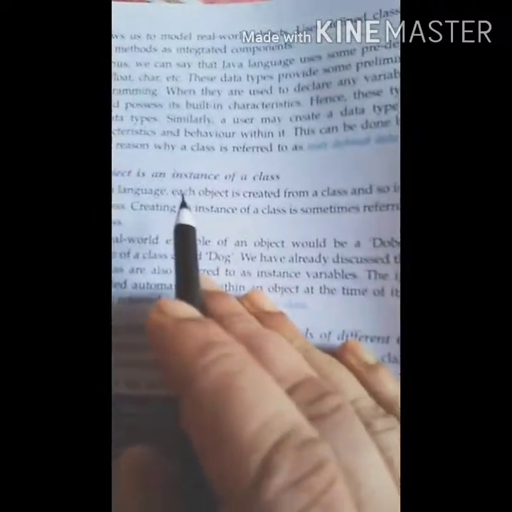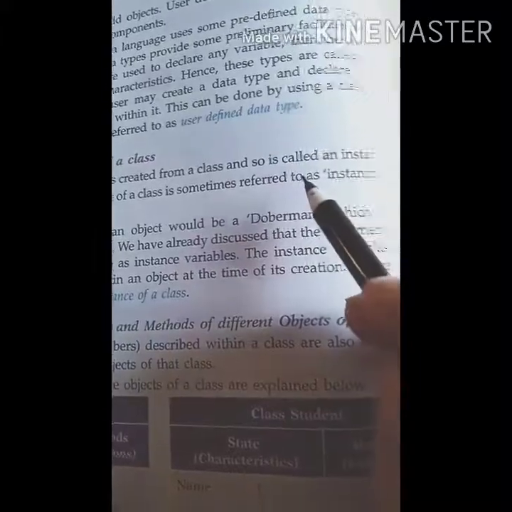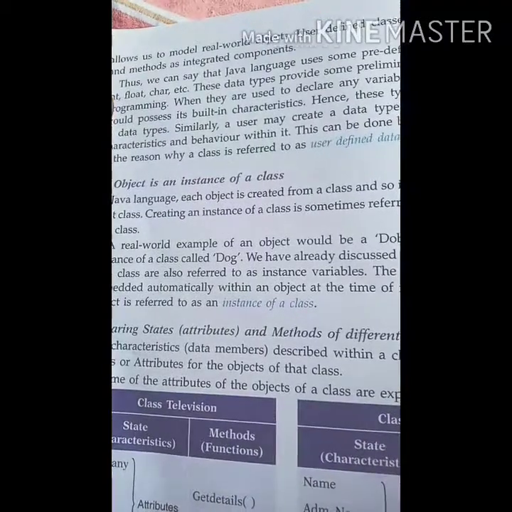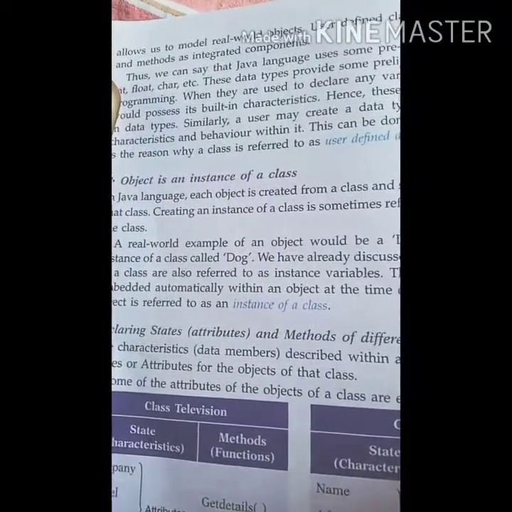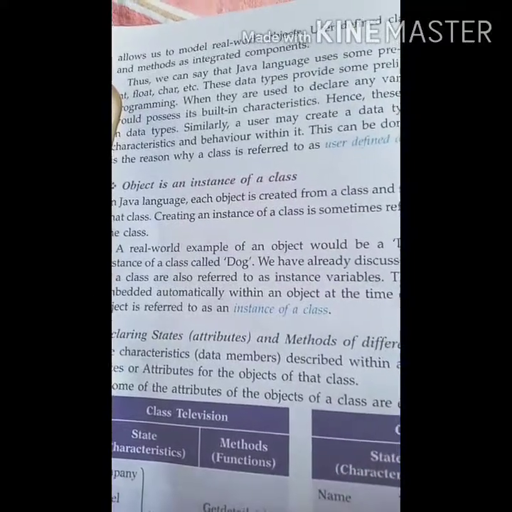Now, an object is an instance of a class. So understand this: in Java each object is created from a class, and so it's called an instance of a class. Both are correlated, both are interdependent. Without an object, a class cannot be created, and an object should be inside the class.